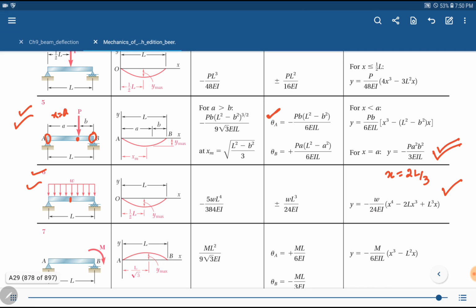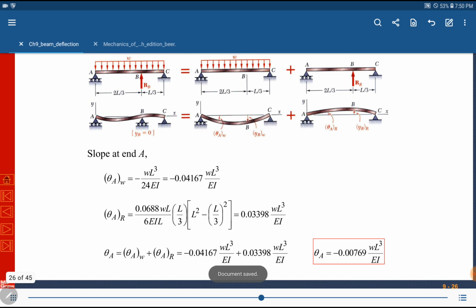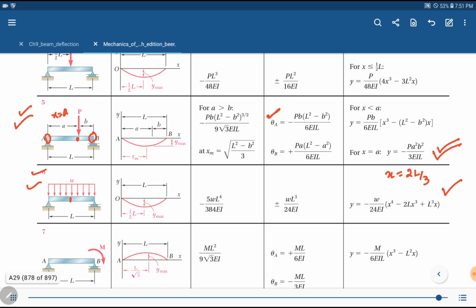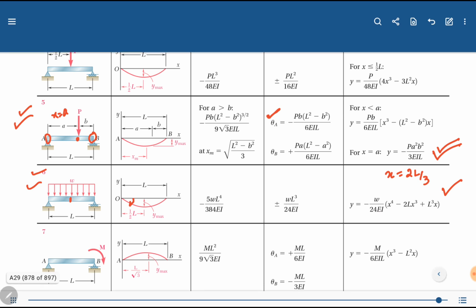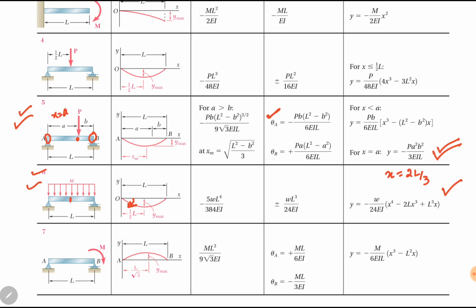with the negative sign. Why we have chosen the one with the negative sign is because at end A, theta is clockwise. Clockwise theta is negative. So this negative sign is for end A. Theta A for loading W is minus WL cube divided by 24 EI. Here theta A under load R will be this much, where